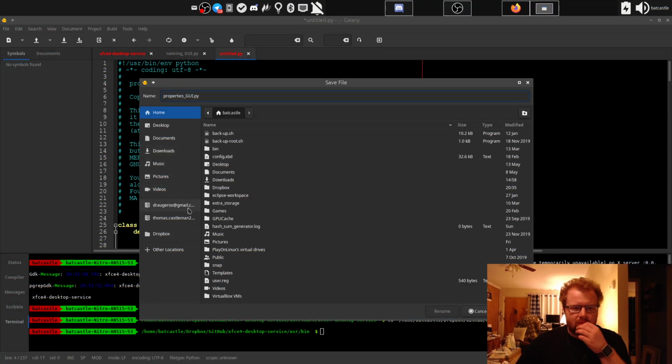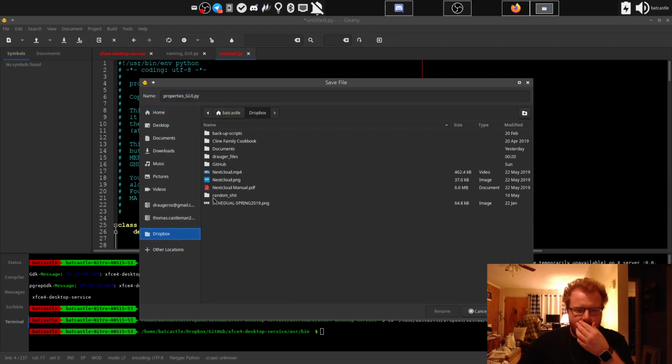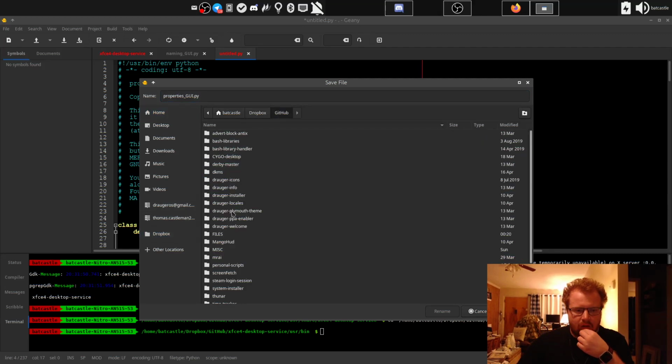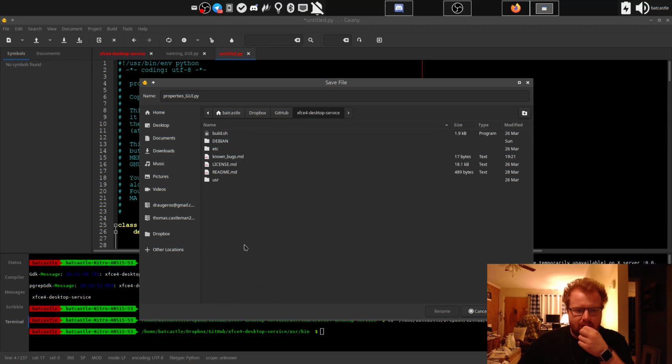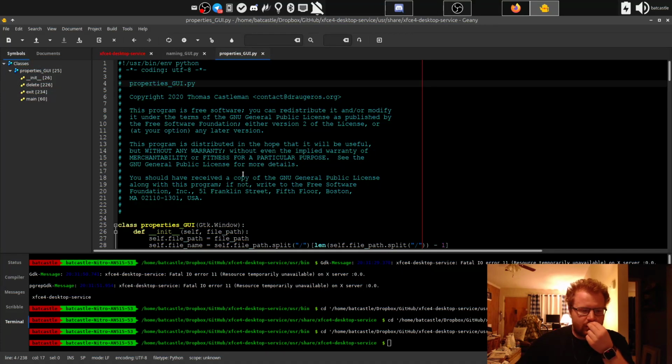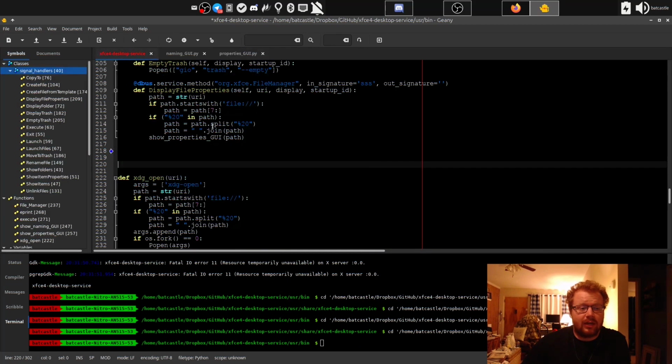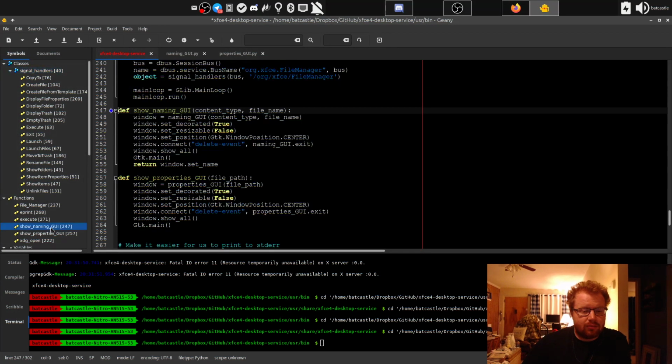Properties GUI. GitHub, XFCE desktop, /usr/share/badoom, save. Alrighty. They're different files now, for the most part. I got a couple functions to move over. So these two are basically just helper functions. I can call the function,